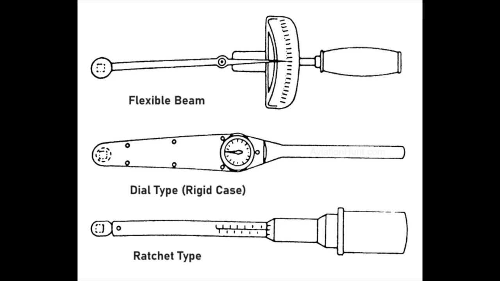Absorption dynamometer is generally used where our device is a power producing device. Which are the power producing devices? Engines or electric motors. You can take another example like a turbine, maybe a steam turbine or a hydraulic turbine, which produces power. The dynamometers used for devices whose output is power are called absorption dynamometers.